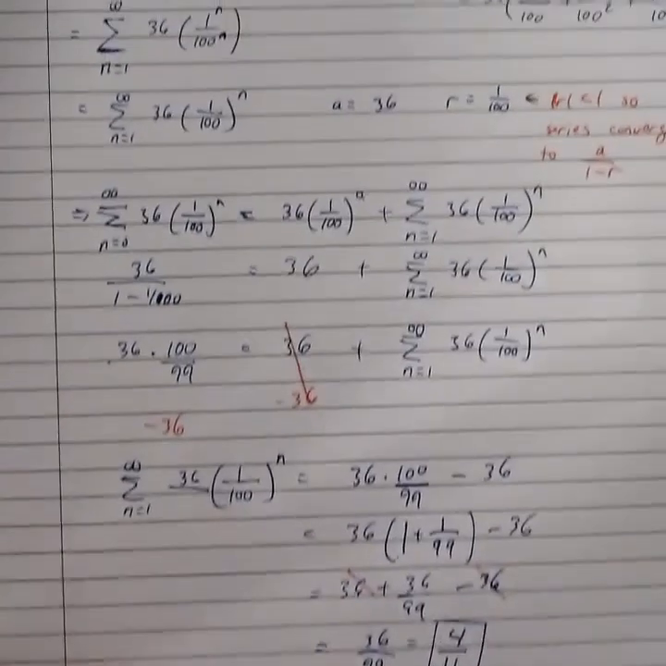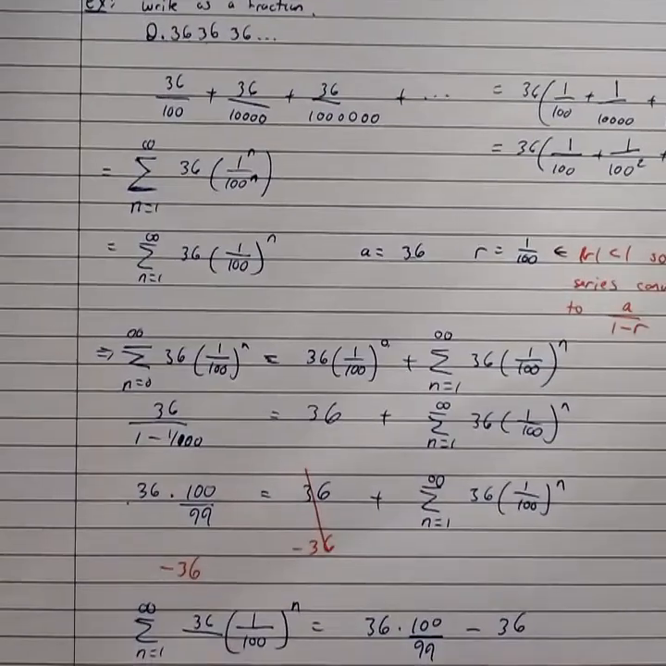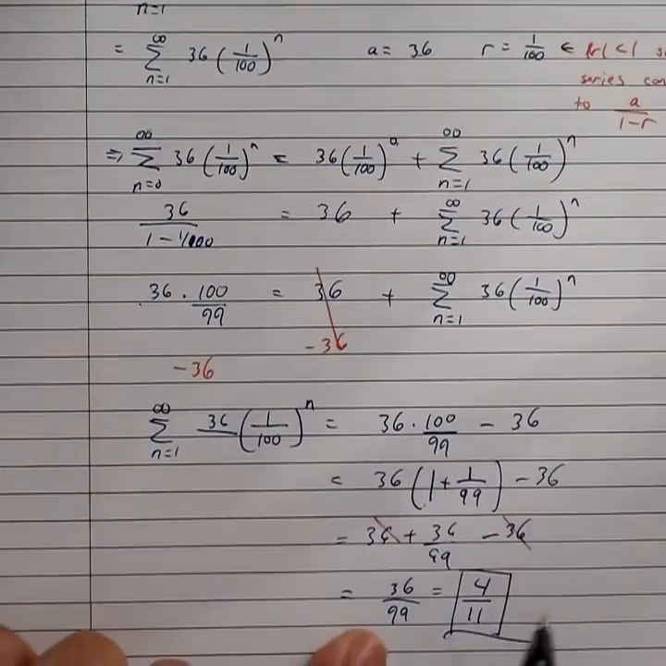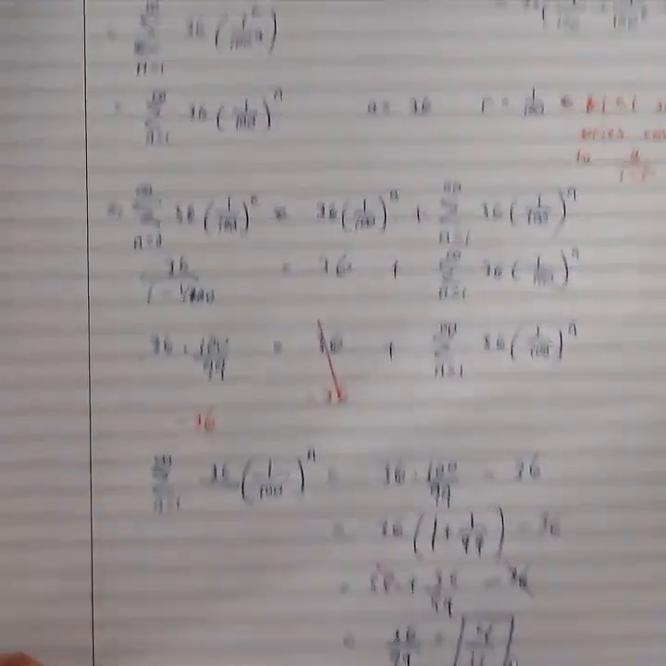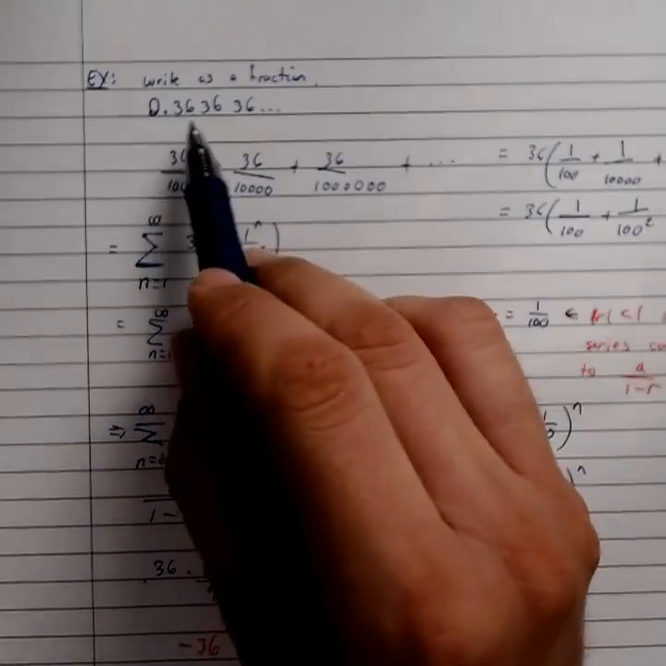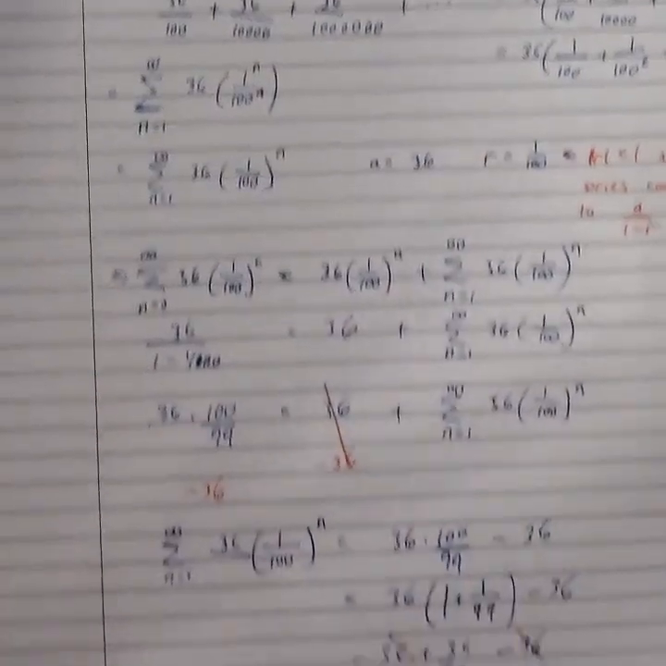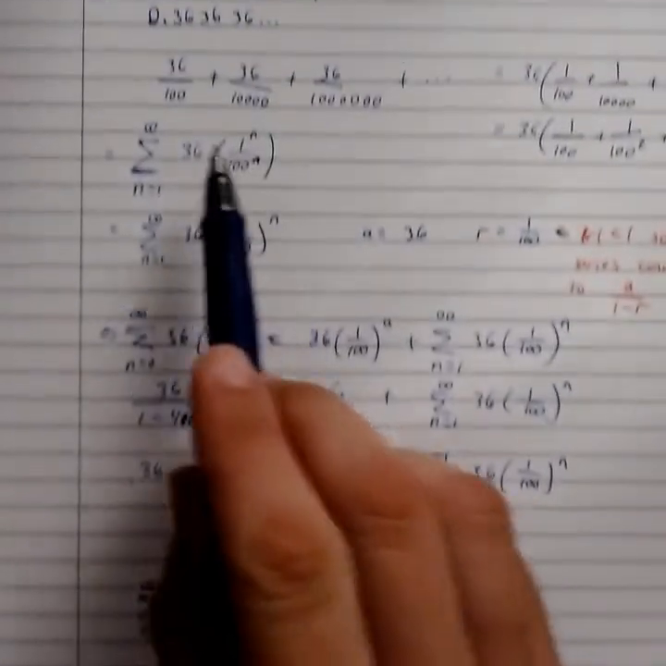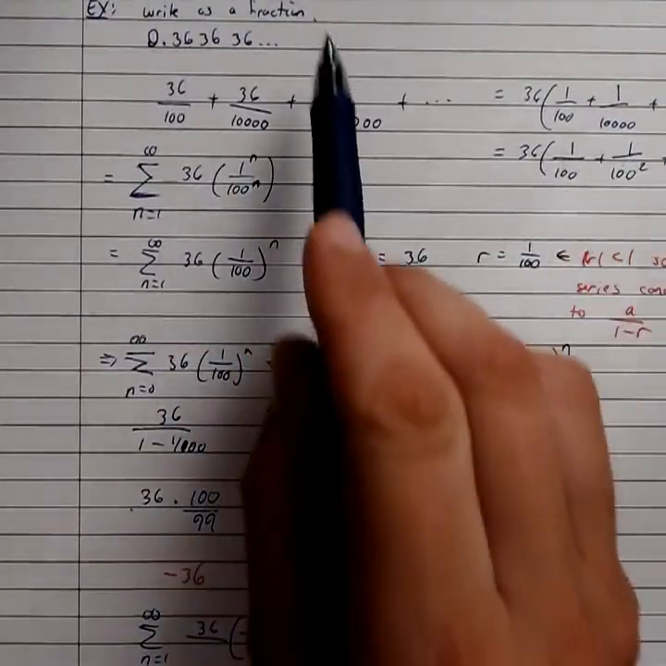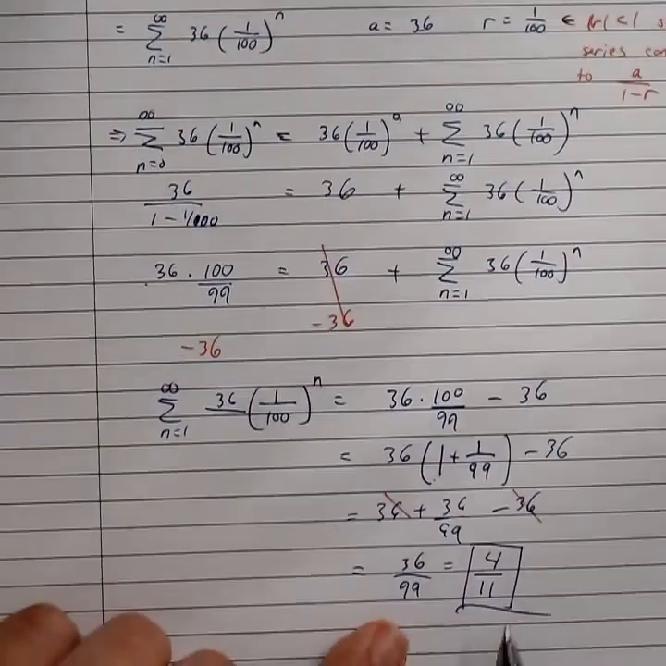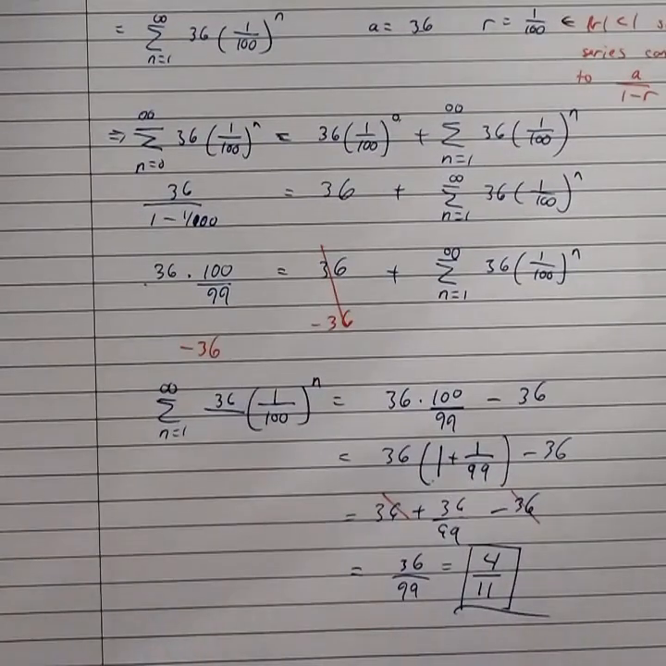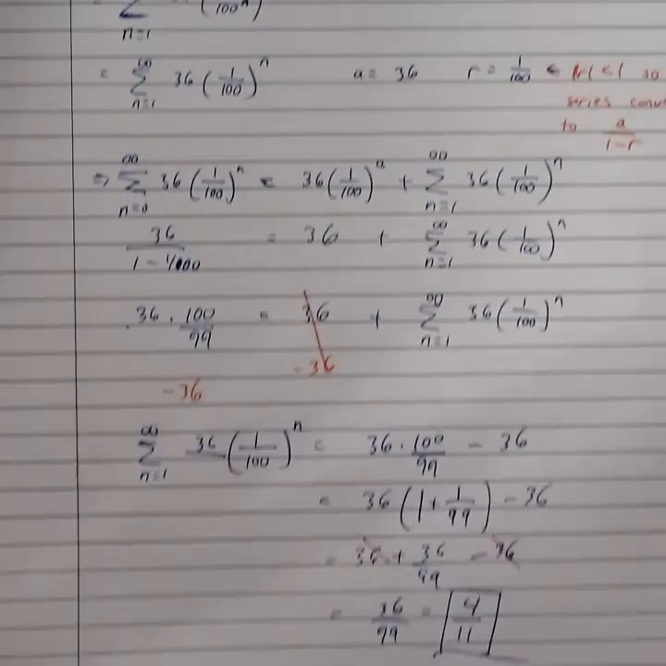And there it is. This right here is the fractional equivalent. 4 over 11 is the fractional equivalent of 0.36363636. Notice this is not an estimate. By adding the infinite number of fractions that form this decimal, we can find a single fraction, 4 over 11. This is a